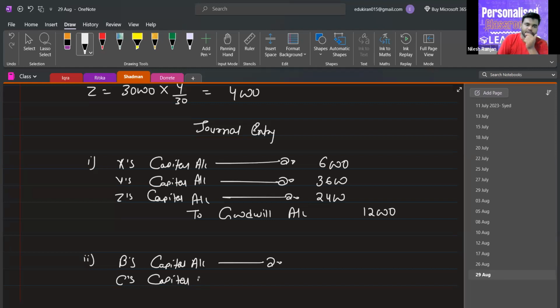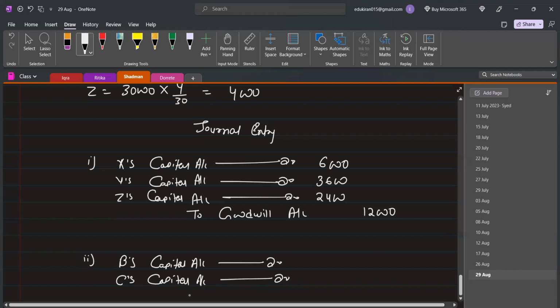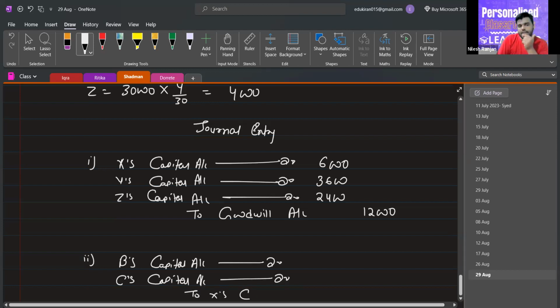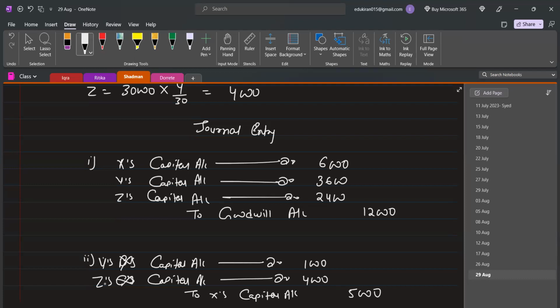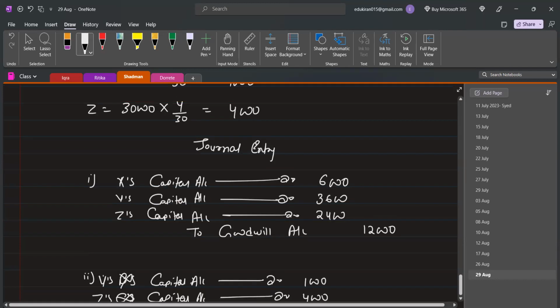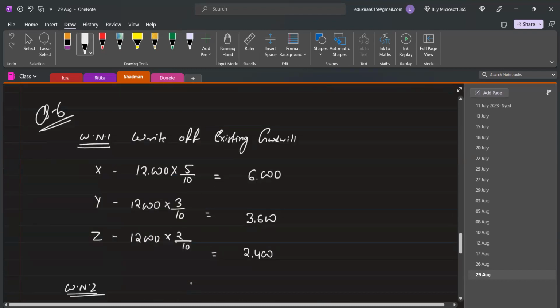Sorry, it is Y and Z. So X will get 5,000: 1,000 from Y and 4,000 from Z. So this is our solution for question number 6. You want to copy this? So, sir, after removing the adjust goodwill,